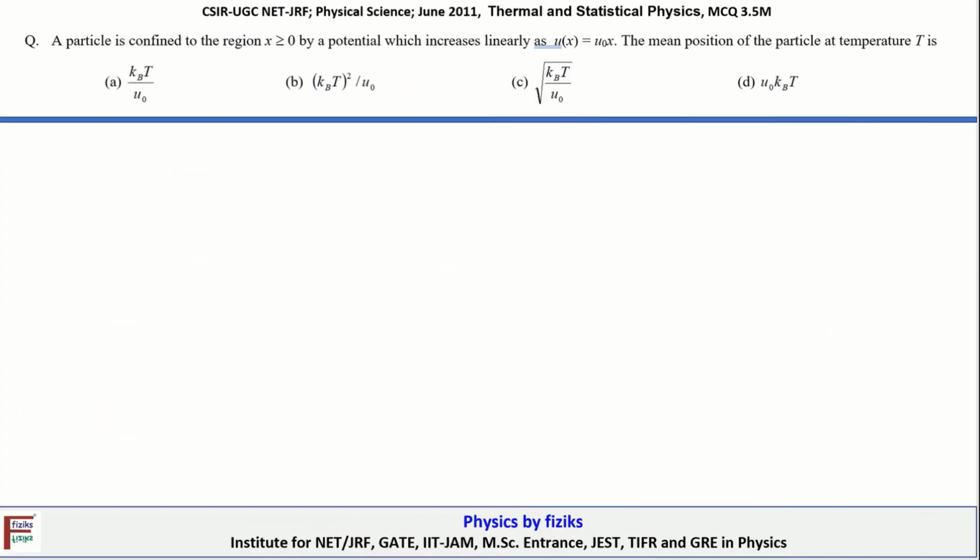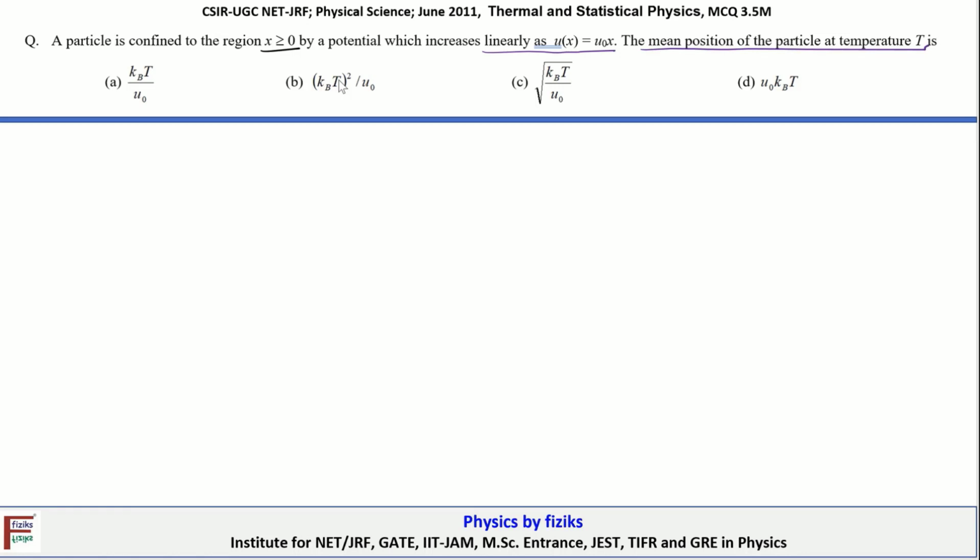So let's take a look at the last problem. The statement is, a particle is confined to a region x greater than 0 by a potential which increases linearly as u(x), that is equal to u naught multiplied by x. The mean position of the particle at temperature T is, okay,